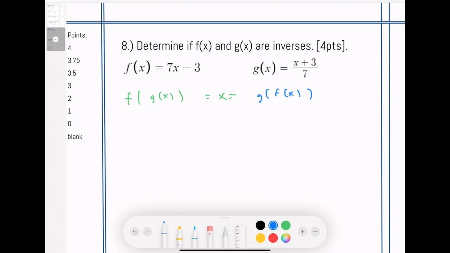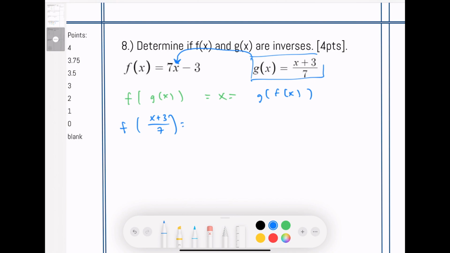Okay, so let's do this side first. I'm going to put g into f, which means every x value is going to go there. So we're going to put into f x plus 3 over 7,